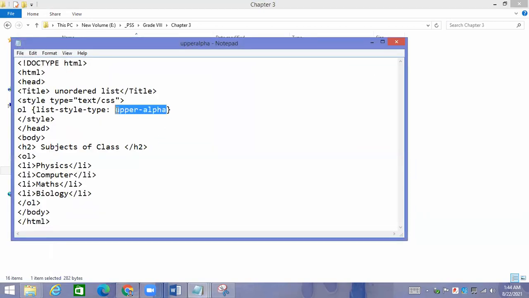If I mention circle, then it will appear in circles. If I mention upper alpha, then it will come in capital letters. If I mention decimal, then you are going to see that it will appear in decimal.